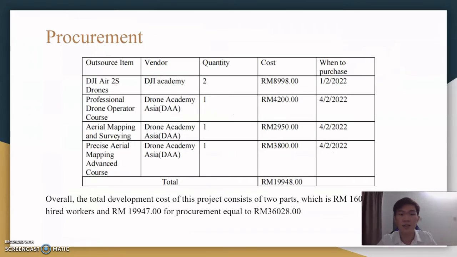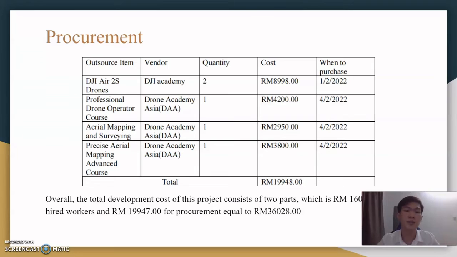As you can see, we have purchased 2 Air drones, 1 professional drone operator course, and 1 mapping and surveying area course. And the last one is the precise area mapping advanced course, also 1 quantity. So the overall total cost for these outsourced items is 19,948 ringgit.